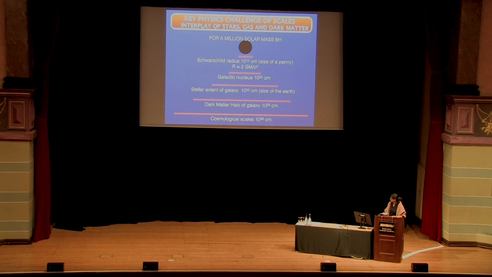So just to give you a flavor for how punitive the scales are, the scales that you have to combine: if you look at the black hole at the center of the Milky Way, the Schwarzschild radius is about 10^12 centimeters or so, whereas for the cosmological scales, the scales from which the gas is fed onto the black hole, of course, the one in the Milky Way is dormant and it's not being fed, but the scale that we're talking about is 10^26 centimeters. So having one computational simulation in which you can resolve all these scales has been